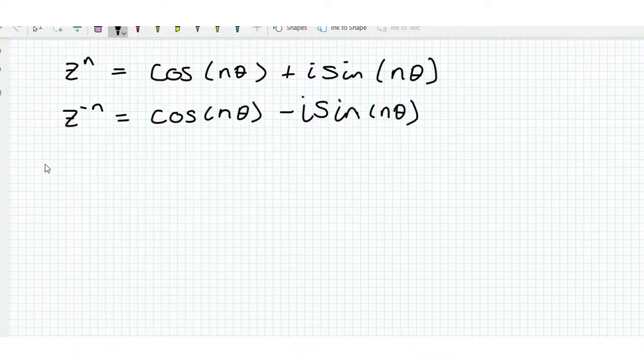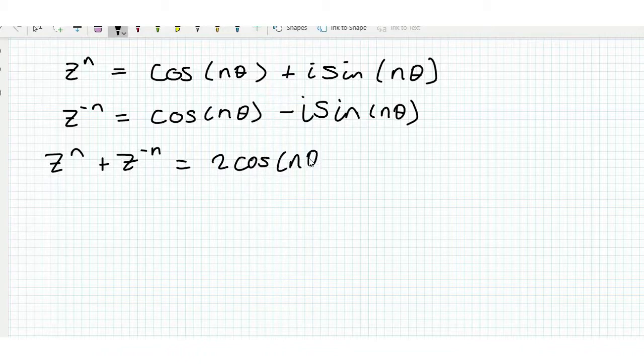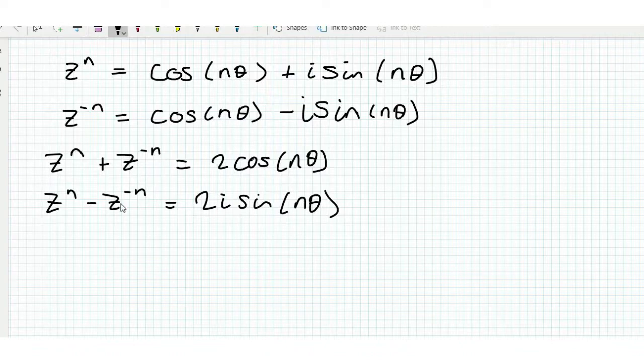So now, adding up z to the n and z to the minus n, well, these sine terms cancel each other out, and we just get 2 cos n theta, and then subtracting these just gives us 2i sin n theta. You see, if we subtract them, these cos terms cancel out, these double up. Right, so you can see now that